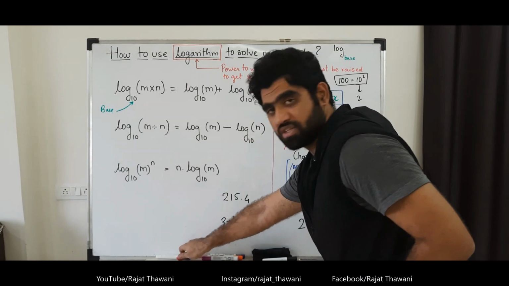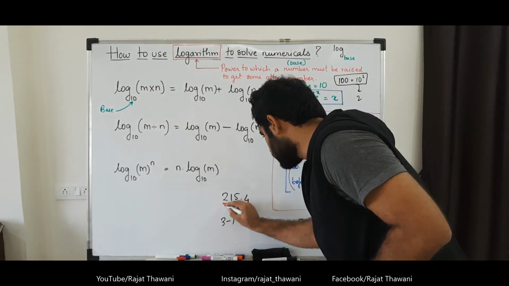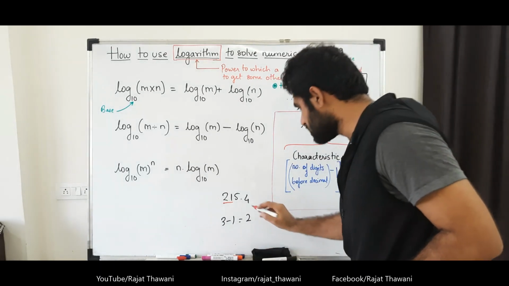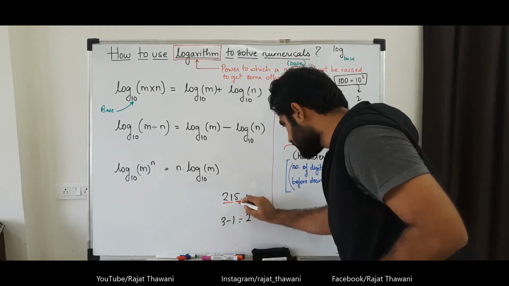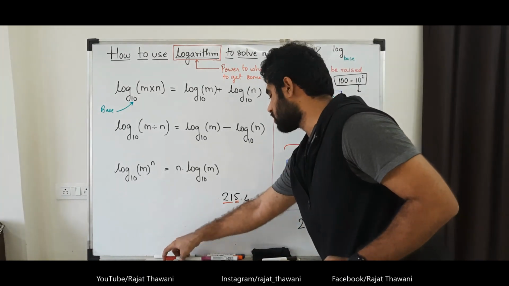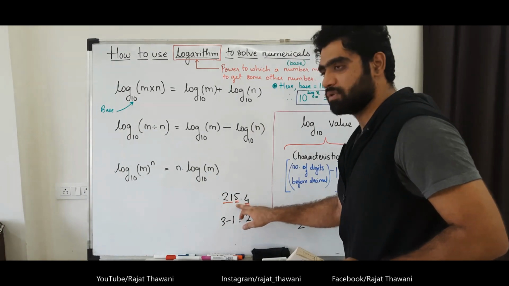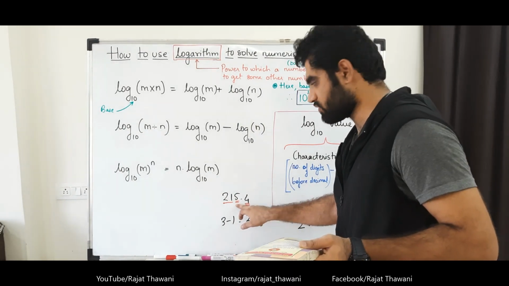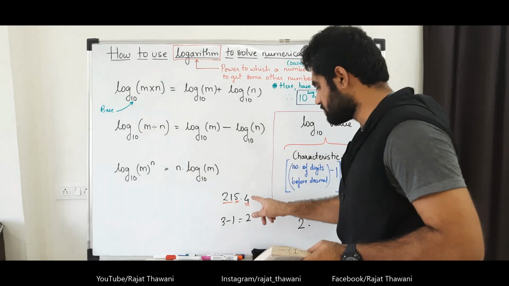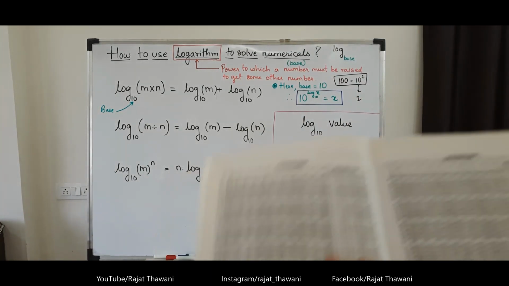How do you need to split that number? If there are 4 digits, the log of maximum 4 digits only can be found out. So you have to split this into the first 2 digits, then 1 digit and another single digit. This way you can find out the log. So 21 will be considered, and the value of 21 in the 5th column will be seen, rather the 6th column, because 0 is also one of the columns, and further the mean difference will be seen in the 4th.